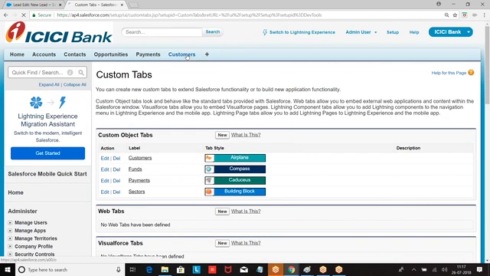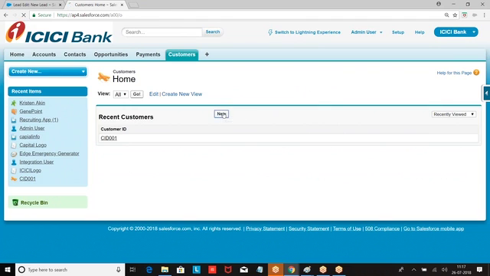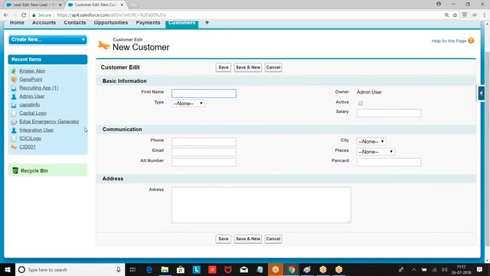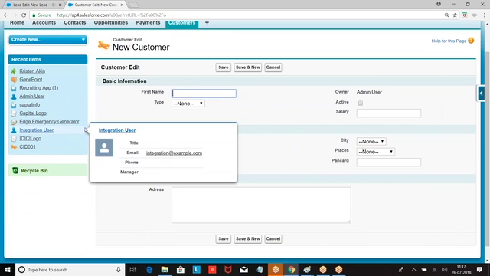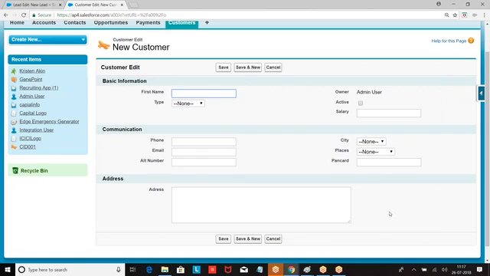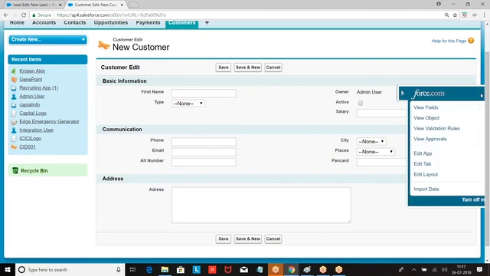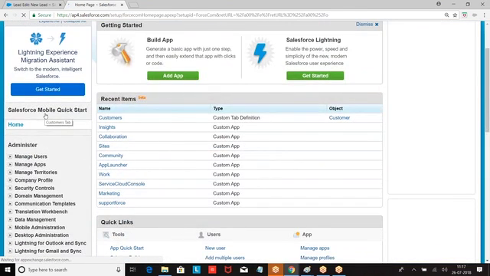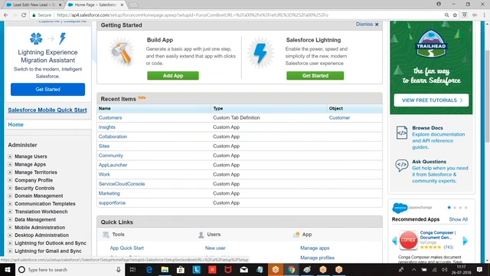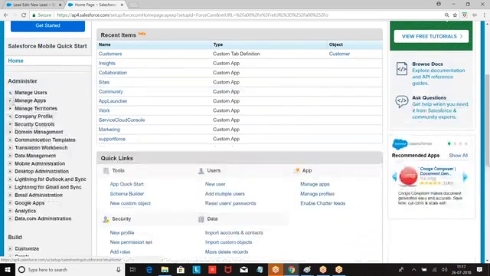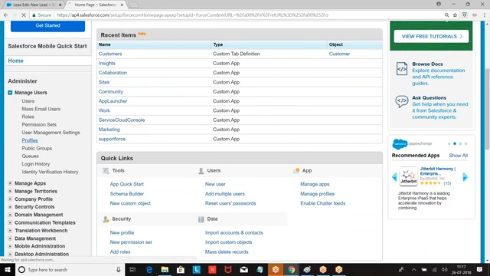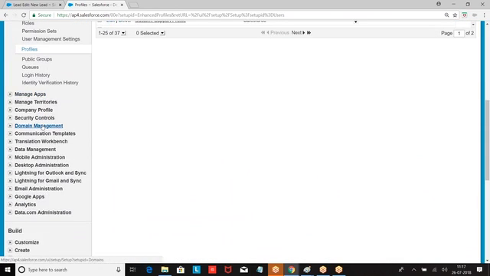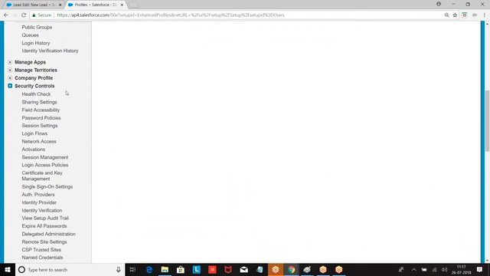What we have here? Customers. Go to the customer. When you click on the new, what is the order in which you are getting here? First name, type, we are getting this. We organize these fields. Still you are not finding the last name. Again, somebody modified the permission on the field. Do not modify, because when I keep changing the topic, you will not understand. Because I need to go to the other topics to modify, you will not be understanding the flow. Do not modify any permissions on this. Now we are going out of the topic and making some changes, which he doesn't know what I'm doing.